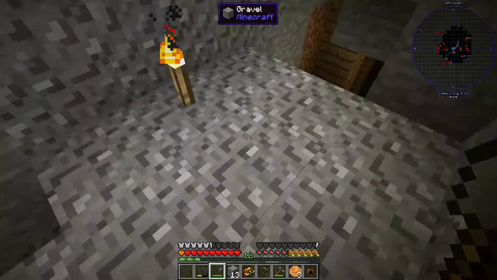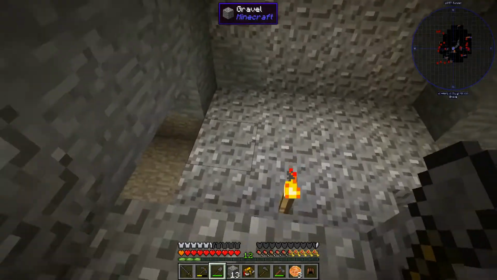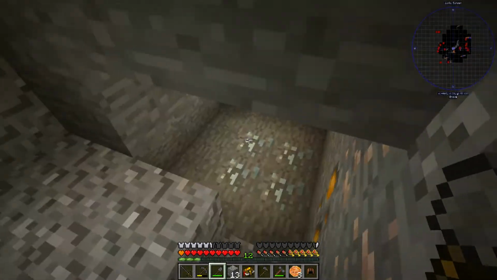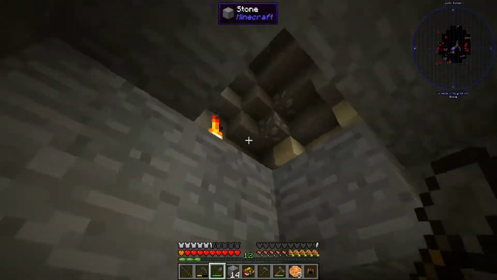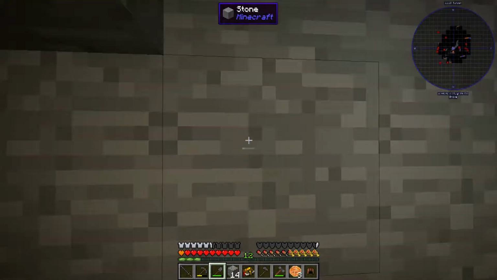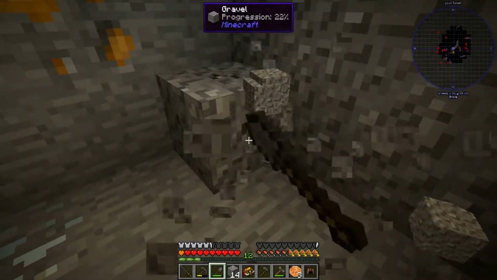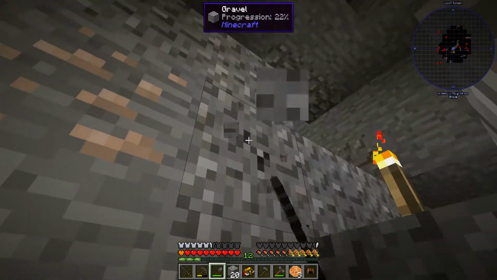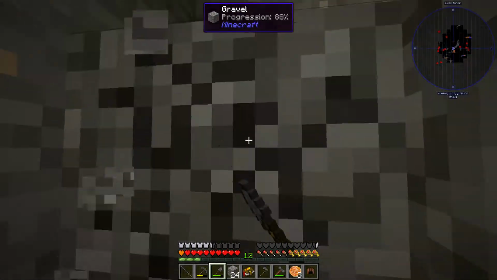So I went down to the bottom of my stairs that I have here in my mine shaft, dug a little bit down into the gravel, and lo and behold, there's a mine shaft down here. So I should have been able to see this from the cave, but somehow or other I missed it, even though I placed a torch right in front of it. So yeah, this is going to change things more than a little bit, because now we have more things to